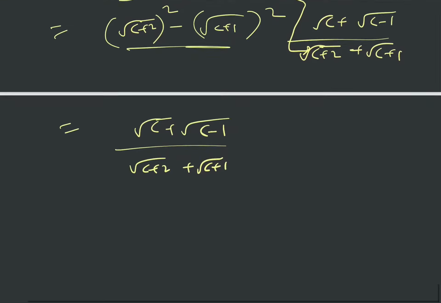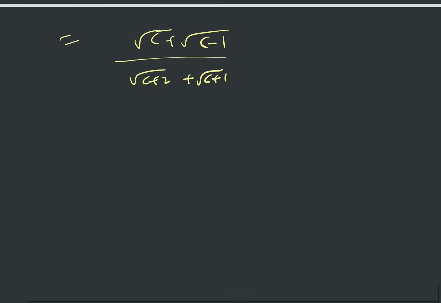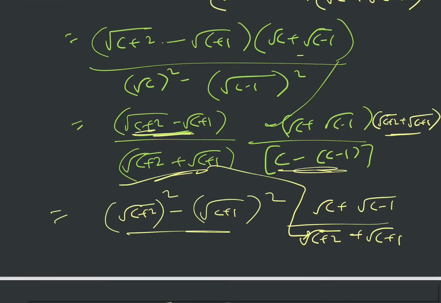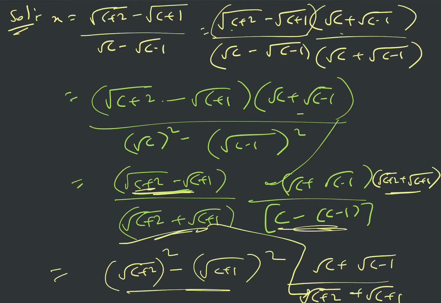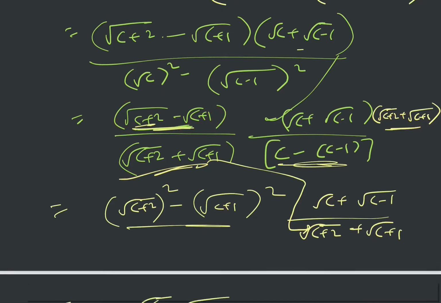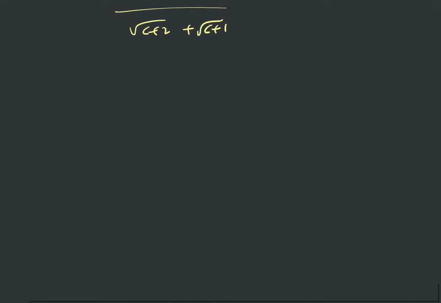So basically what I have done is I have just rationalized both numerator and denominator. So I have done it in separate steps here, because first I have rationalized the denominator, right, and then I have rationalized the numerator separately, right, by multiplying and dividing with root c plus 2 plus root c plus 1. So I can do it directly in first step also. So I will do it for y.